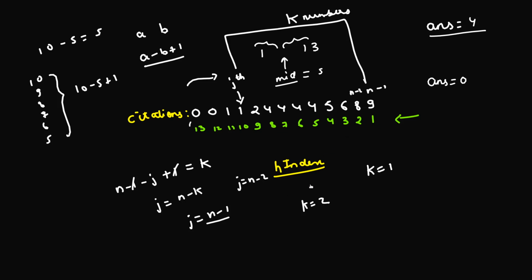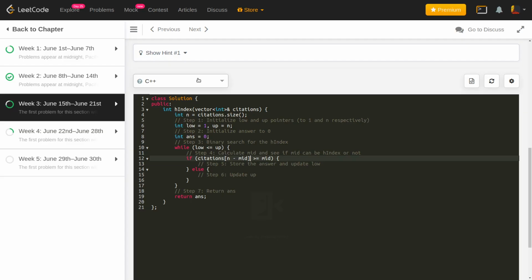What if you want to find the nth number from the end? The nth number from the end in an array of size n is nothing but the number located at the 0th index, right? So j equals n minus n, which gives you 0, and this is in fact correct, because the nth number from the end is nothing but the number from the start, located at the 0th index. So that is why we have used n minus mid, because this n minus mid is directly going to give me the mth number from the end.